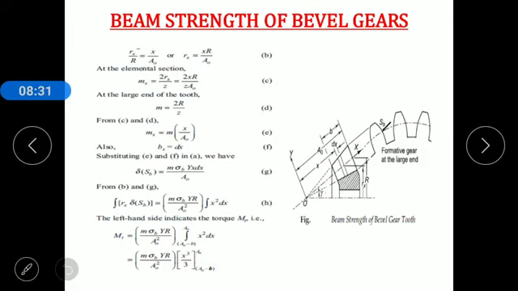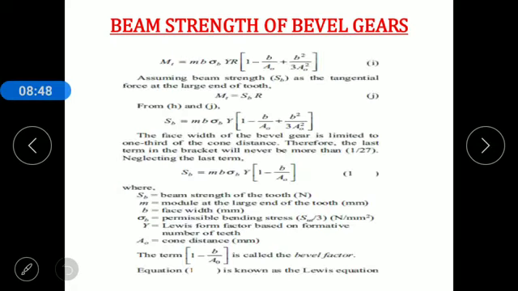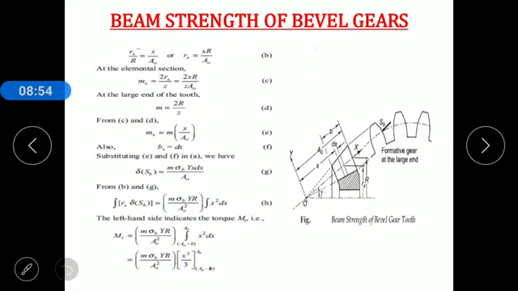Now we integrate that, and here we get the relation m sigma by r divided by AO square, and the integration of x square is x cube divided by 3. Upper limit is AO, lower limit is AO minus b. Now here, putting the limits in this relation: m sigma by r divided by AO square, we put the upper limit AO cube by 3 minus the lower limit AO minus b bracket cube divided by 3. Now here we expand the bracket.